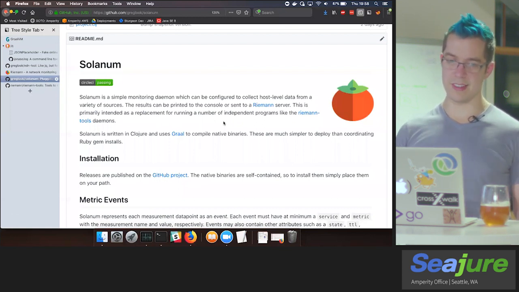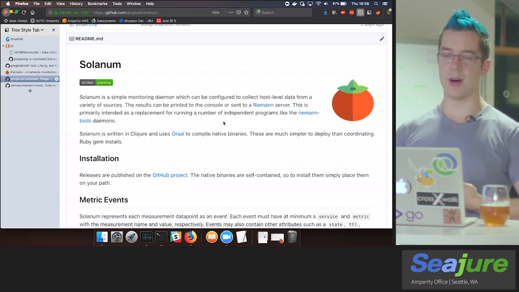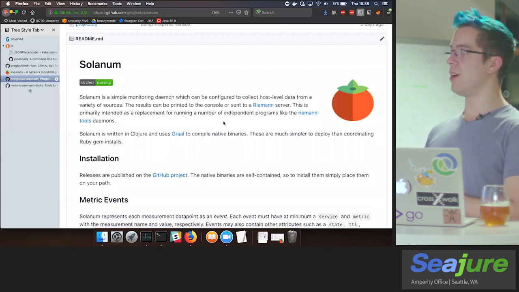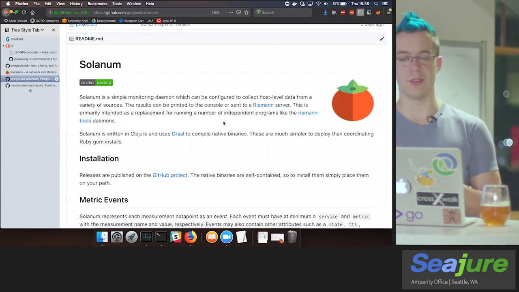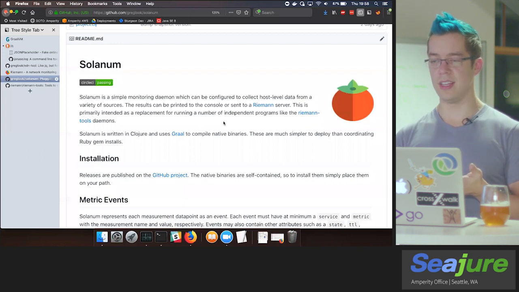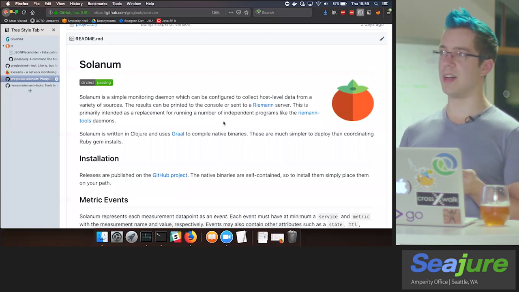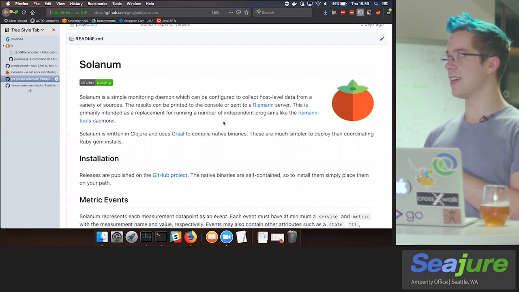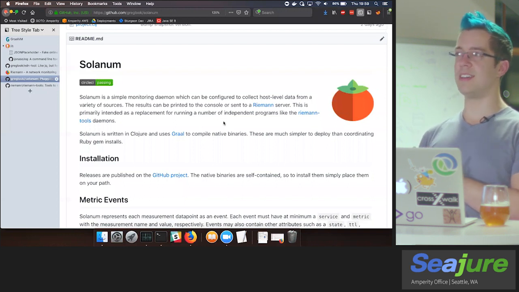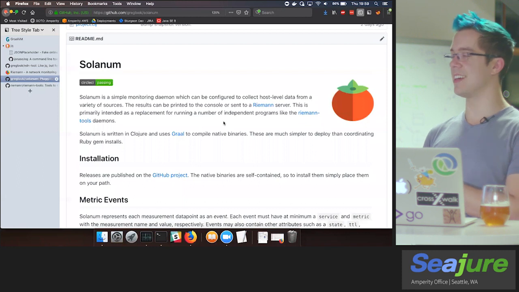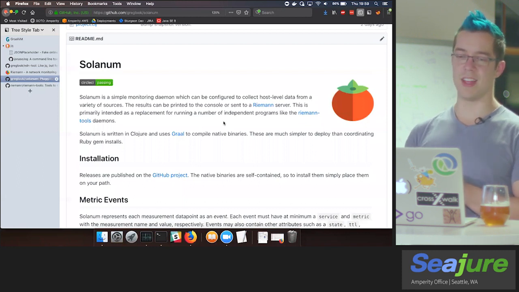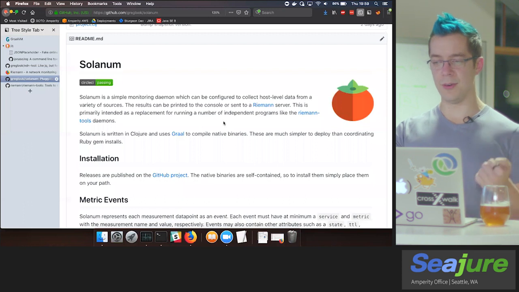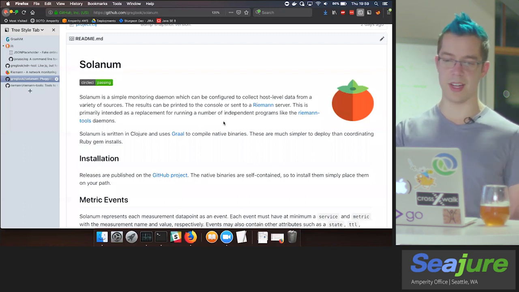So this seemed like another good example to use for Graal, because compiling this down to a native image, well, one, we get to write it in Clojure, but then compiling it to a native image solves the deployment problem because we can just drop a native image onto each host with no dependencies. It also solves the resource problem of writing it in Clojure because we really don't want to pay a 250 megabyte memory tax on every host just to run a JVM to measure stuff in the background. So I rewrote this. It's pretty quick.